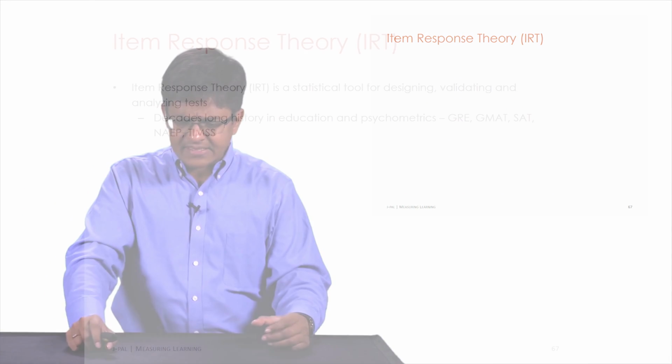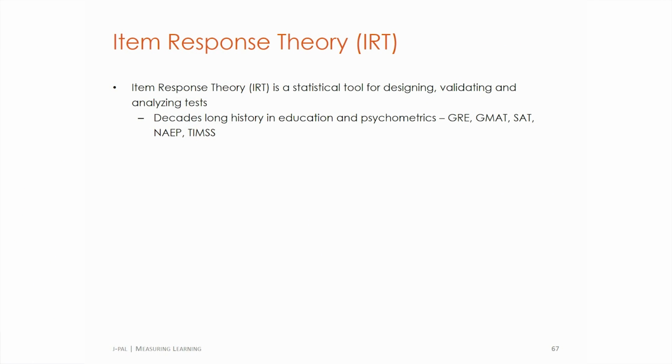So what item response theory does is it's a statistical tool that has been widely used across assessments around the world, and it is used by ETS for the SAT and the GMAT, and there's a whole body of research underlying the use of item response theory. The main thing it does is that it allows you to compare kids on a common distribution so that you're able to do better cross-sectional comparison and better over-time comparison,